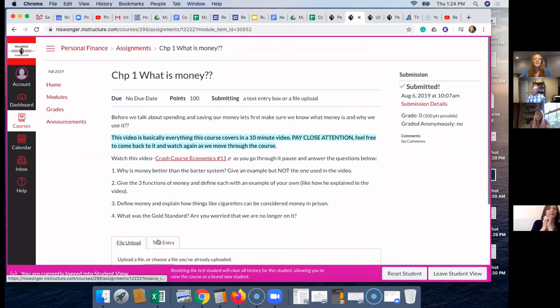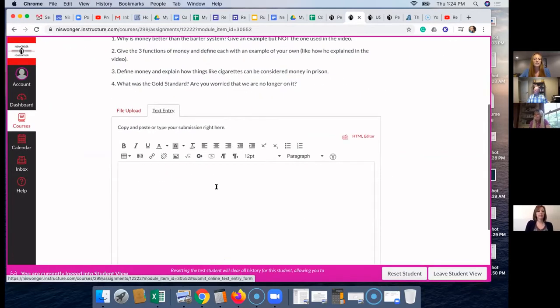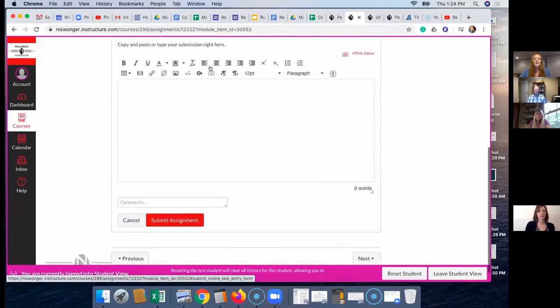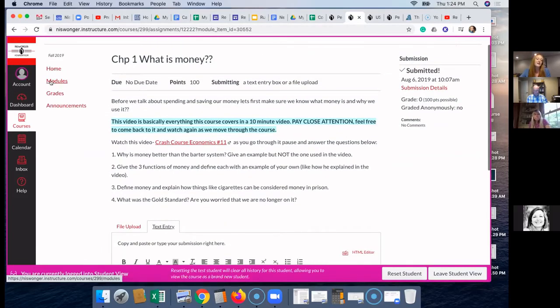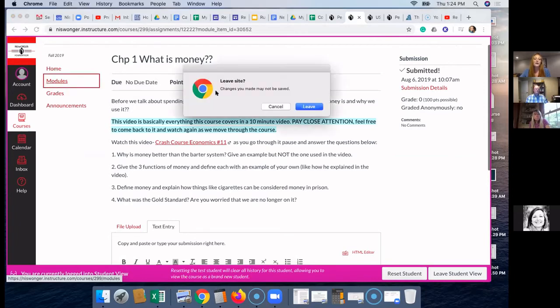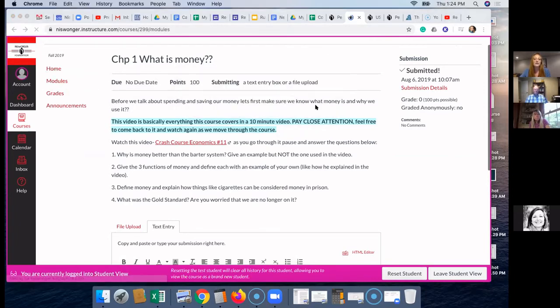So it's such a great little, oh, here it is in text entry though. Okay, I'm glad I clicked that. There, record media. That's right. But you can set it within your assignment options and set it so that they can record an option too, or record some media also.